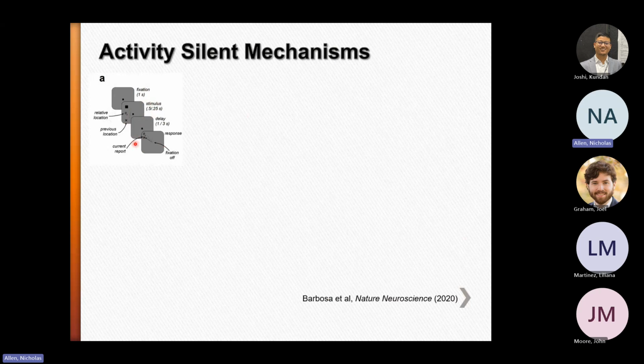One example of that is what is called bias. These panels here represent again the response task that I described. Here the subject has to remember a location, and then what happens from one trial to the next? For a system that is optimal, once you have completed one trial, the best thing it could do is completely wipe out the memory of the previous item and then focus on the next item. And there's no trace of the previous item.